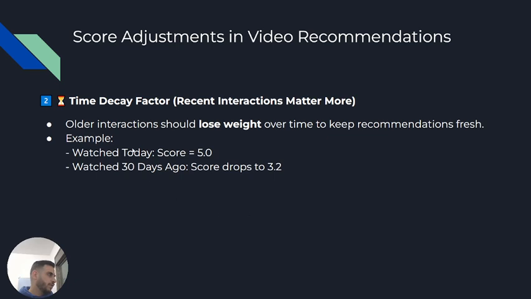The second adjustment is time decay factor. Recent interactions matter more, so older interactions should lose weight over time to keep recommendations fresh. So, for example, if I watch the video today and I have a score 5, if I'm watching it after 30 days, the score should drop to 3.2. So I'm taking into consideration the interaction date when adjusting